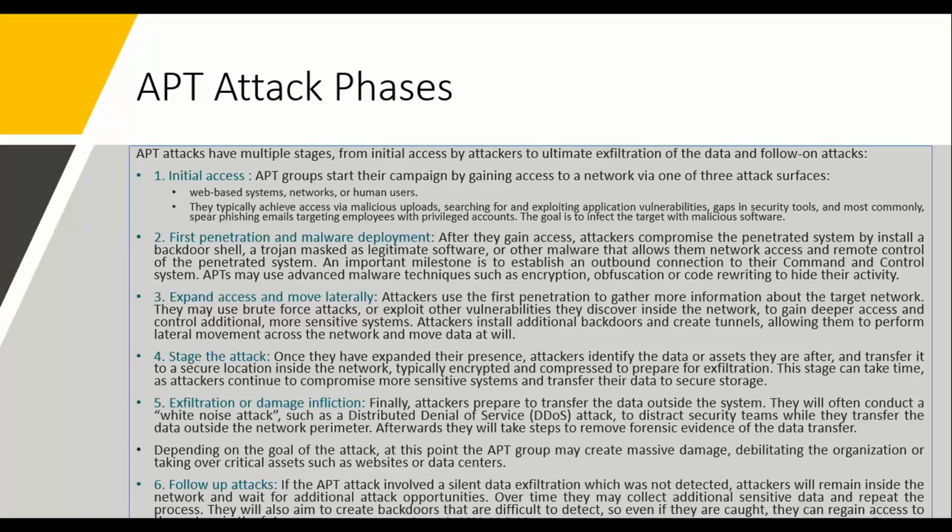So, like I was saying, WannaCry and NotPetya was a massive attack, with massive damage, and recently SolarWinds is also one of the recent attacks that we saw for APT. Follow-up attacks happen if the APT attack involved a silent data exfiltration which was not detected. Attackers will remain inside the network and wait for additional attack opportunities. Over time, they may collect additional sensitive data and repeat the process, like it happened in the case of Equifax, where there were multiple attacks executed